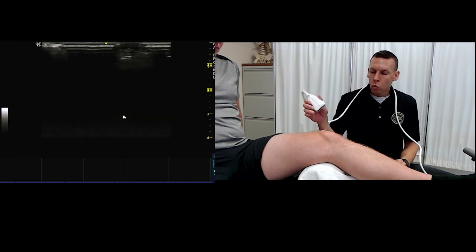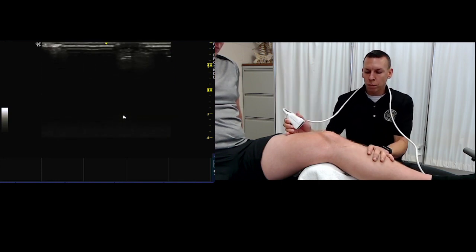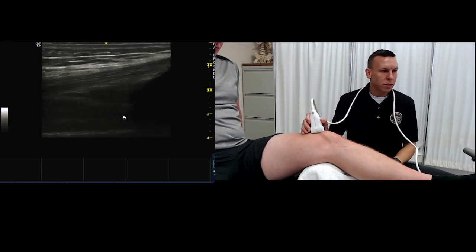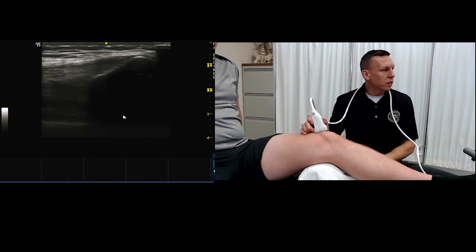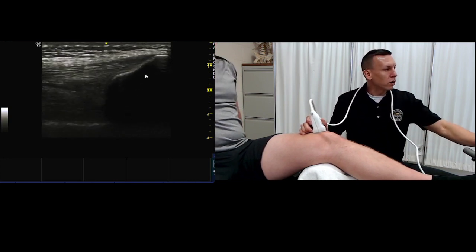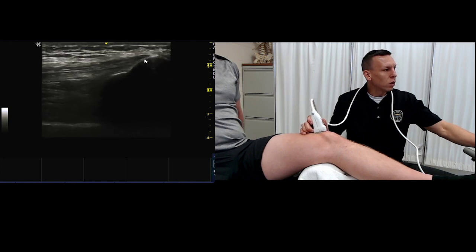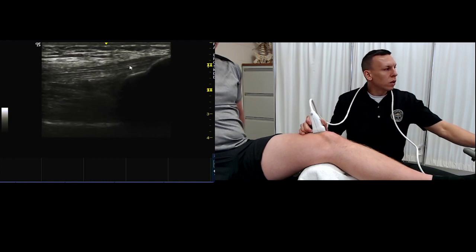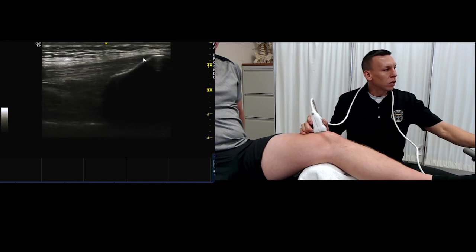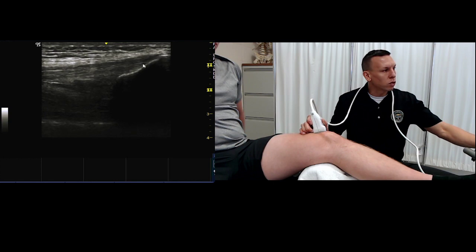Once you have the patient set up, you're going to take your probe and put it just at the apex of the patella, and here we're going to see the quadriceps tendon. Proximal is to the left of the screen, and distal is to the right. This is the patella, this bony acoustic landmark. We want to identify that right here so we can start to look at the quadriceps